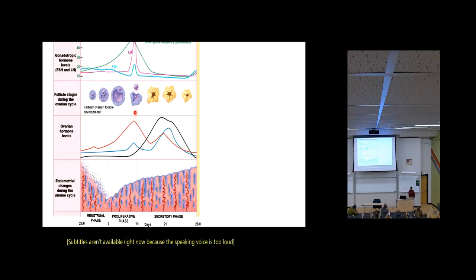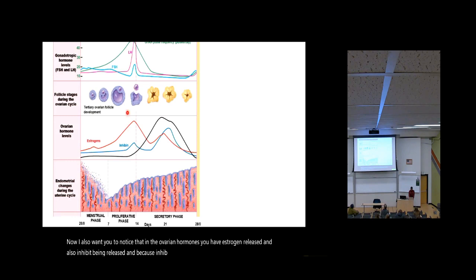But once the follicle ovulates, it will lead into the luteal phase. So notice that because of FSH stimulation, the estrogen levels also gradually start increasing, and when the estrogen level reaches a certain limit, that's when there is this luteinizing hormone surge, and the luteinizing hormone can cause the ovulation to take